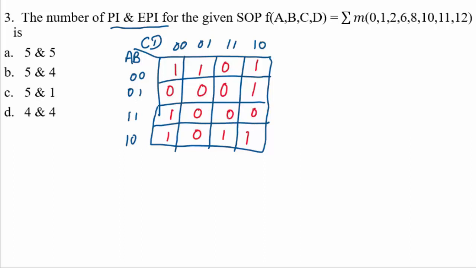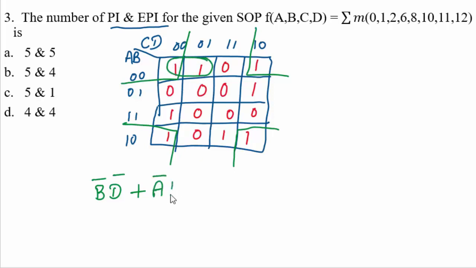So to tell how many prime implicants are there and how many essential prime implicants are there, since I can go for corner grouping, this is one nibble. So what is the equivalent value? On the row side, B bar is not changing, and on the column side, D variable is not changing, that is D bar. And I can group this one as a pair. So what is the equivalent value?